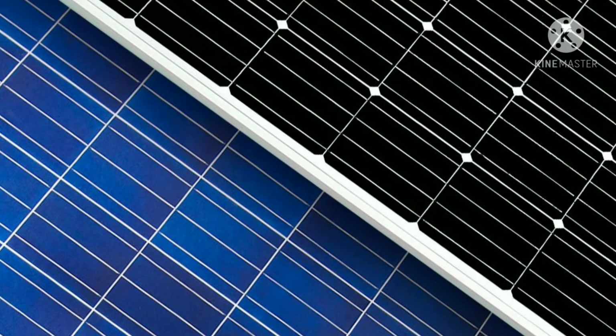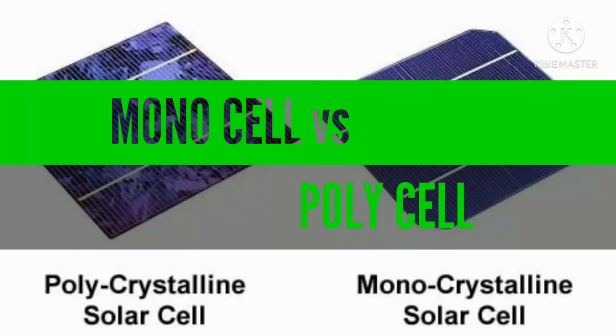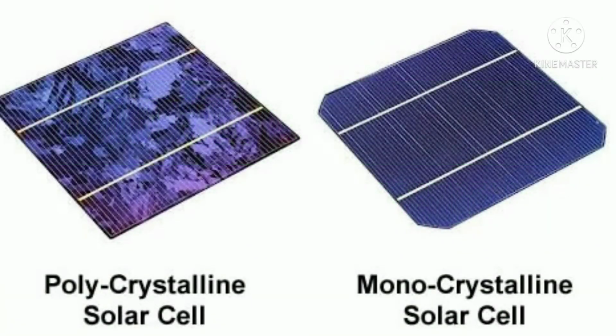The major difference lies in the construction of the solar cell. Here you can see the two types of solar cells, polycrystalline solar cell and monocrystalline solar cell. In a monocrystalline solar cell, a single crystal of silicon is used and it is usually dark black in color. In monocells, we use a pure form of silicon. These cells are space efficient, and the cell is cut on four sides and the edges are round. The four-side cutting system results in a large amount of waste in the monocrystalline solar cell.